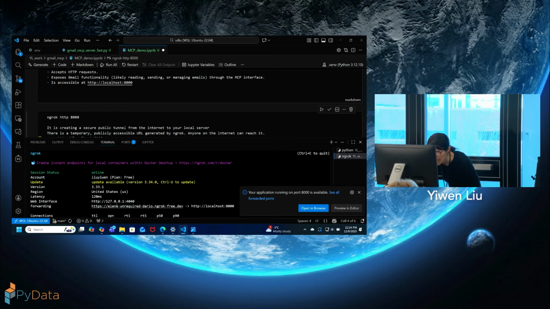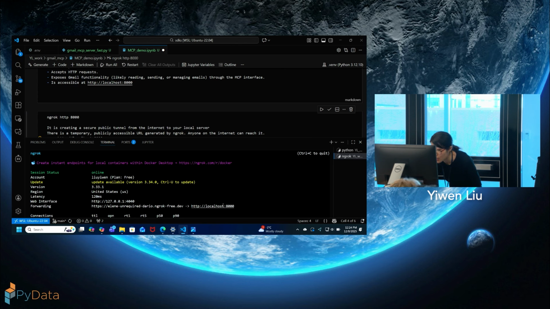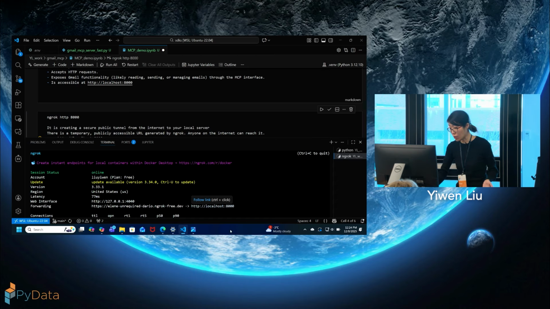It's creating a temporary but publicly accessible URL. It's not your localhost. It takes the traffic from your public URL and transports it to your local URL, so the other agent or client can talk to this public URL and still use your local server's tools.